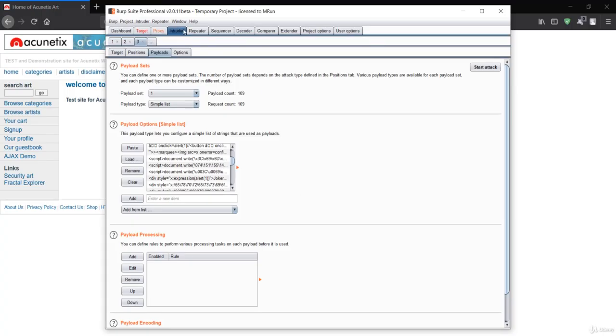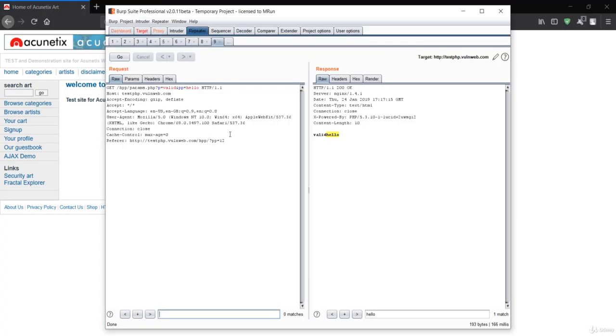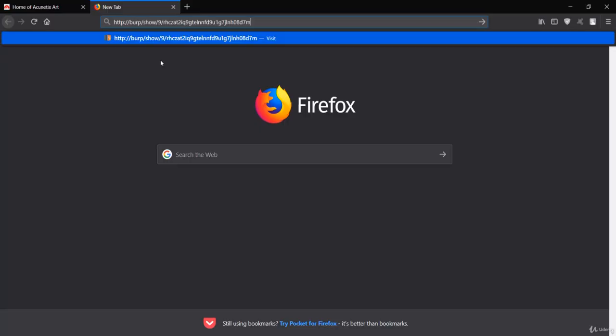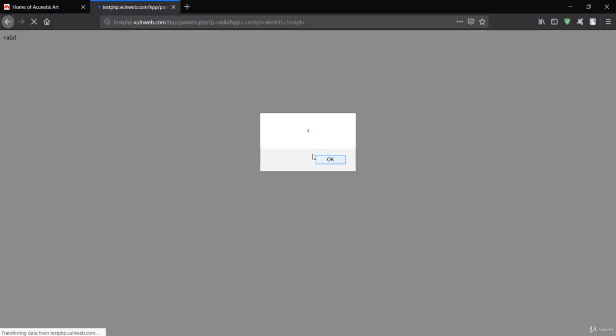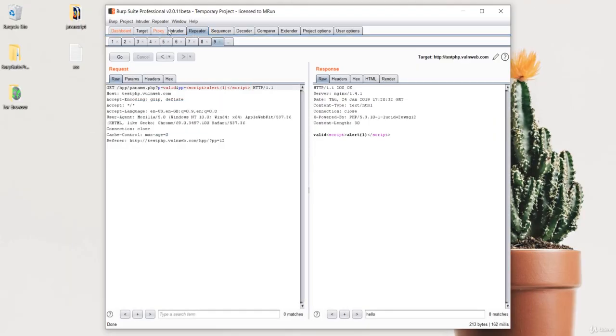So this is the way to work with the intruder and the repeater. So you can simply make use of this PP field. You can simply make your simple payload like here. So I'll just make script and alert and give some message and simply close it. Okay, this should be script, not alert, script tag, and you can simply press go again and simply show response in the browser. Simply paste it down here, simply press it and you can see that it has reflected.